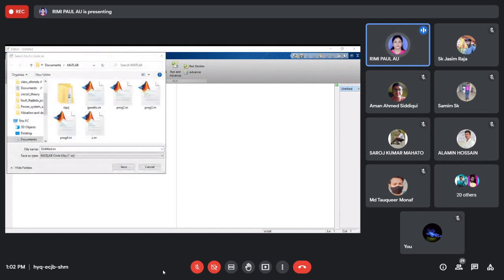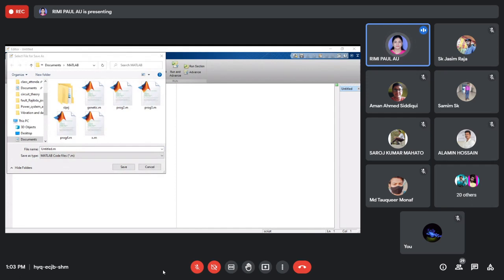So you can see that untitled.m is written. Now you have to save as per your choice, but you have to remember that, suppose plot is a command, and you save this program using the name plot.m, it will give an error and will not run.